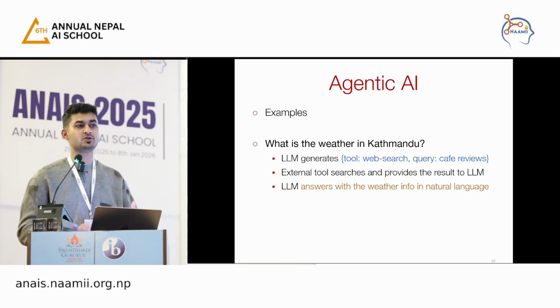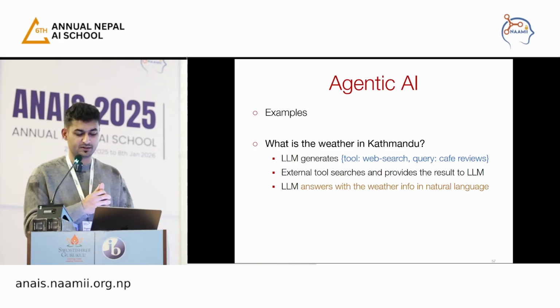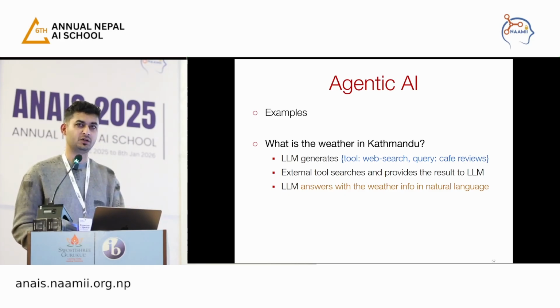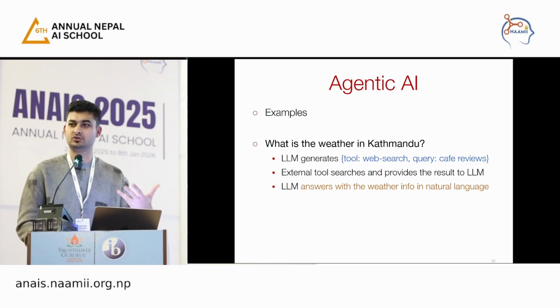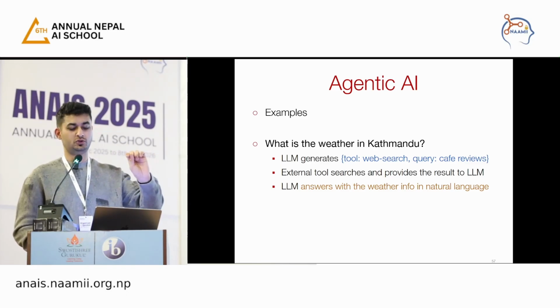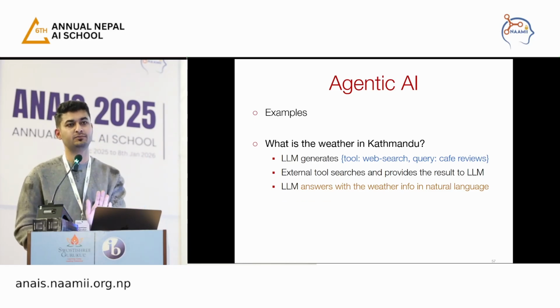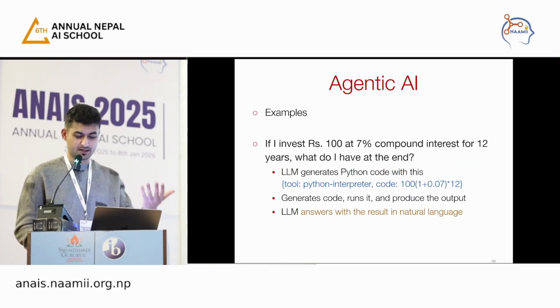in natural language. If you use tools such as Perplexity or Google's Gemini, or these days even ChatGPT, they will do a quick tool search, retrieve the weather result, and give you the answer in natural language. This is one example of a workflow, and it's called agentic because it takes a decision on its own to use the tool. No one is telling the LLM to use this tool when I'm asking this question, but it decides on its own that to answer this question, it needs to use this tool with this query.